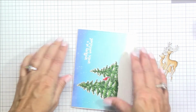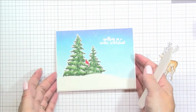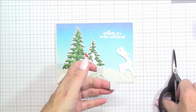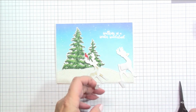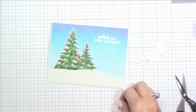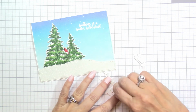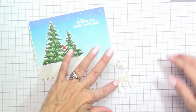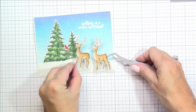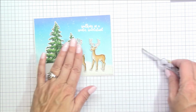And now I'm going to add the layer to my card base. I like that there's a little bit of a white trim going around the edges, but not too thick of an edge. For the deer, I'm using some double-sided adhesive foam tape, and I'm just going to cut little teeny tiny strips so that I can pop up each one of the little legs. Once I get that all done, all I got to do is peel the backing, which can be a little tedious, especially with all those little pieces, but it does help to have this deer nice and secure,